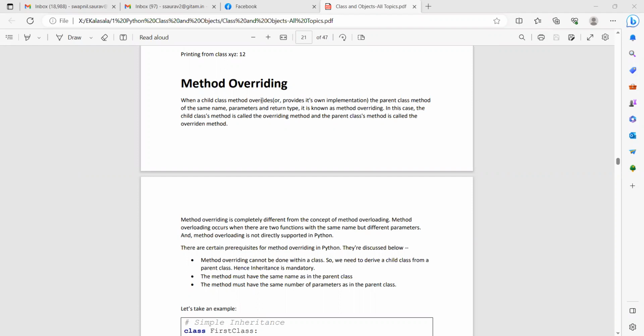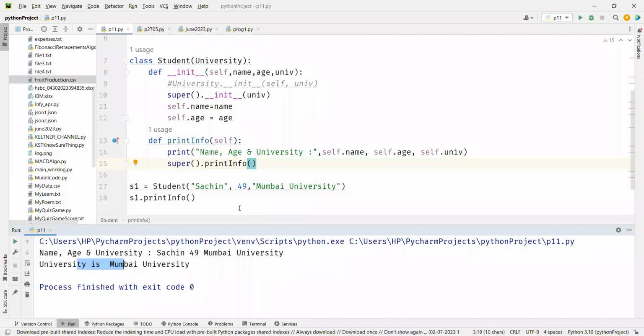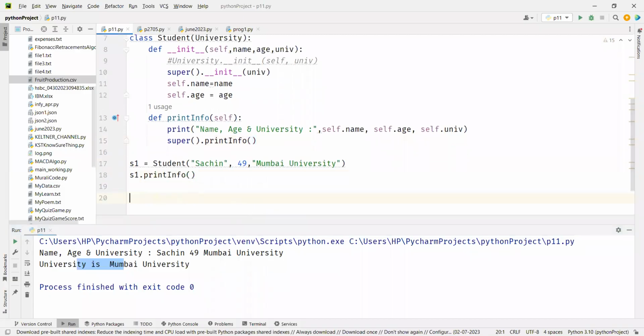In fact, Python has made it simple. See, when you do plus, let me take you back to the notes here. Now let's say here you have